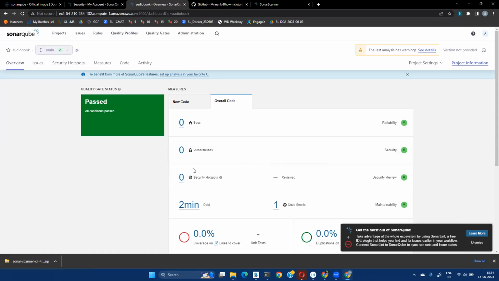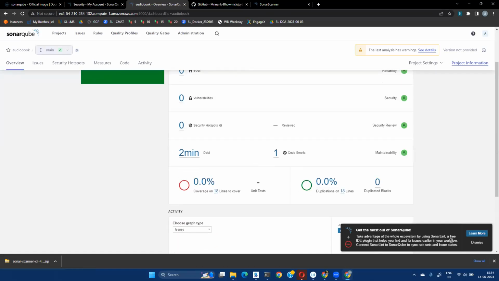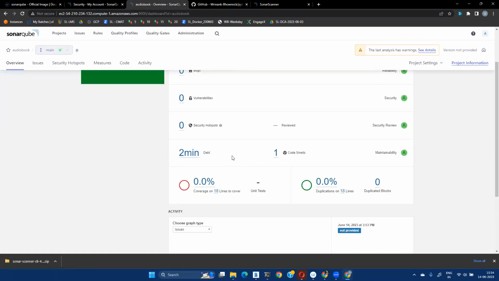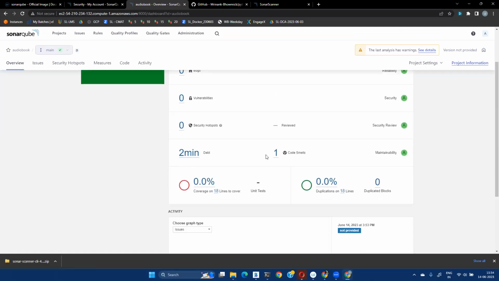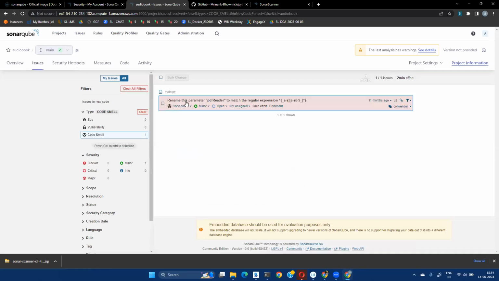Okay, so looks like this code is very small and not many problems are here. But it does say that it has found some code smells, which is like badly written code, and there were no duplications of lines, but there is also no test run, so there is no code coverage and things like that. So if I see what code smells were found, it says